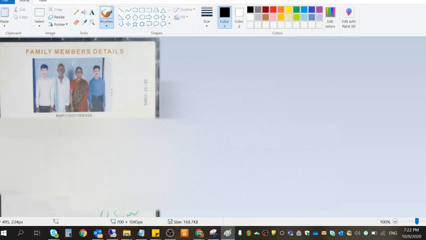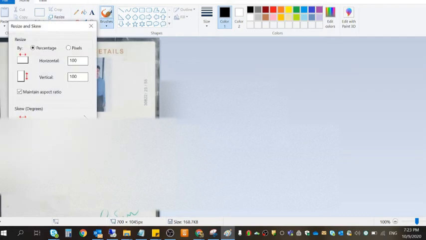While reducing the size, you need to keep in mind that your document should be readable. If another person opens your document and it is not in a readable format, for example, I am able to read the serial number, member name, relation and everything, if somebody is not able to read, then it is useless. Keep that in mind. Now I am going to reduce it to 80%.